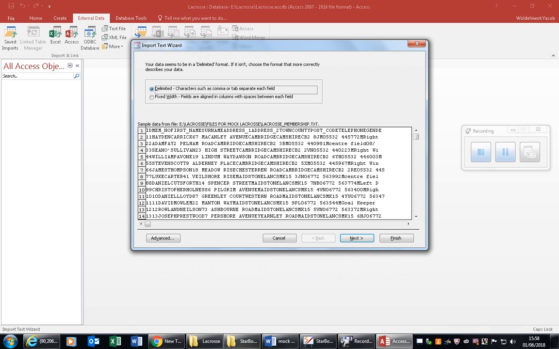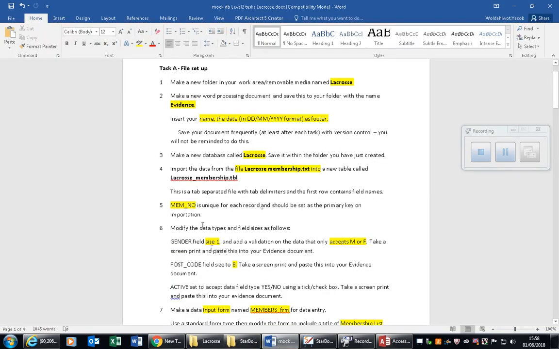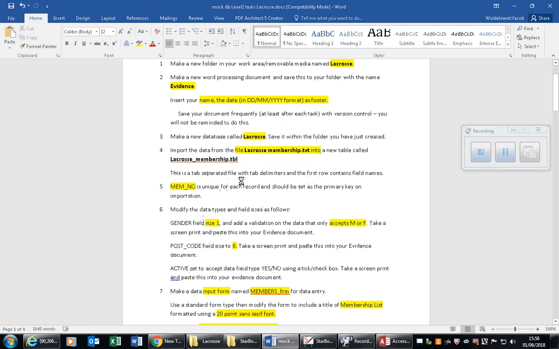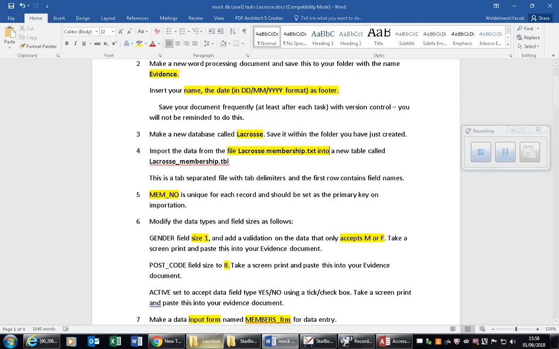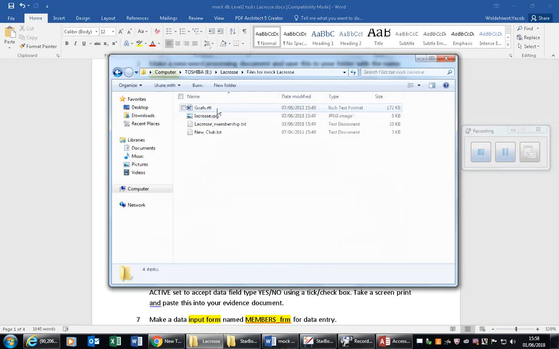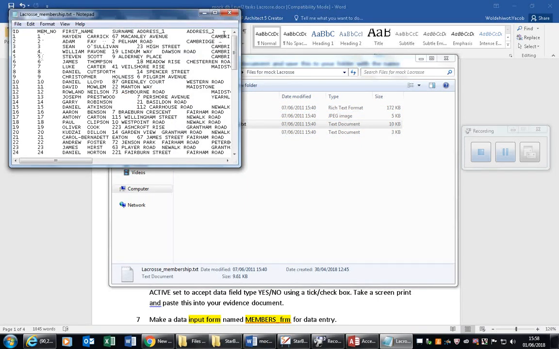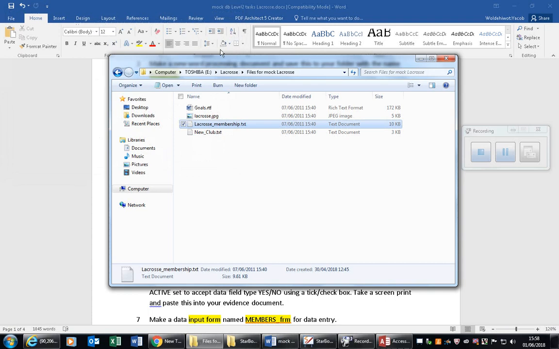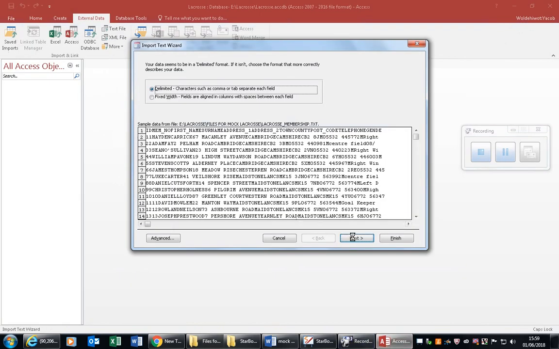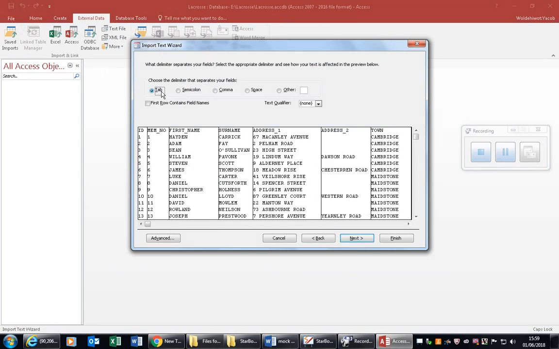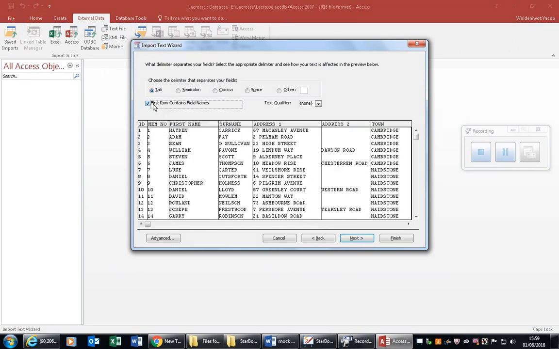Okay, so it's delimited, and the paper tells you the data is tab delimited. It's separated by tab. You can actually open and see the file itself. It is separated by tab. It's not comma delimited. Sometimes you get data source where the data is separated or delimited by commas. Okay, next, so we select tab delimited, and first row contains field names. Next,